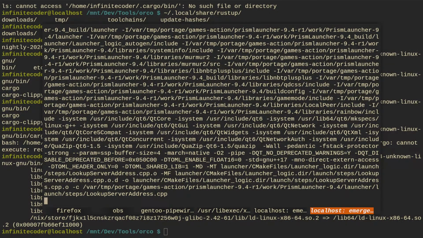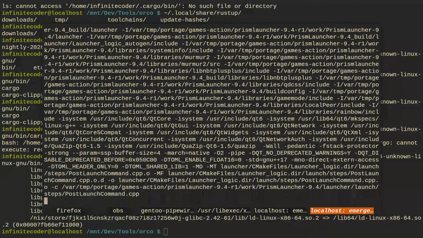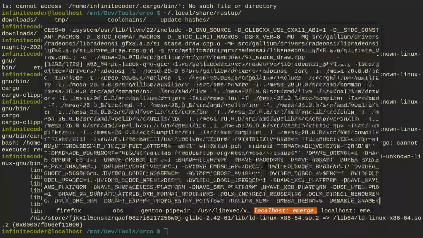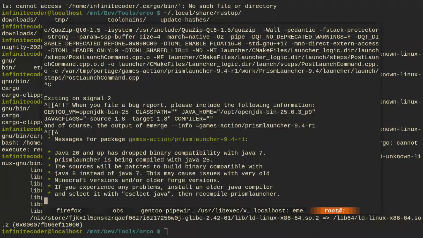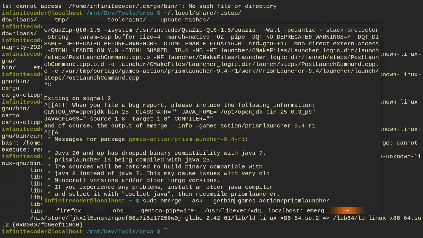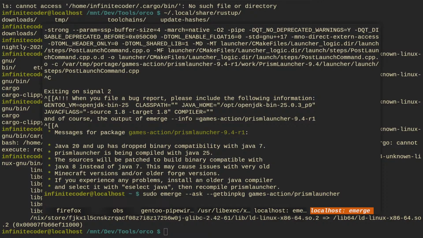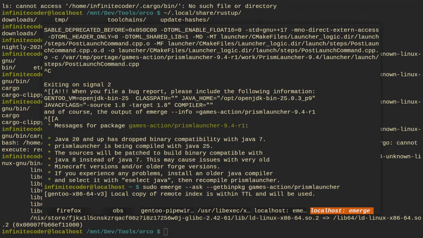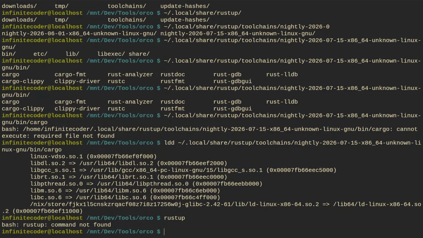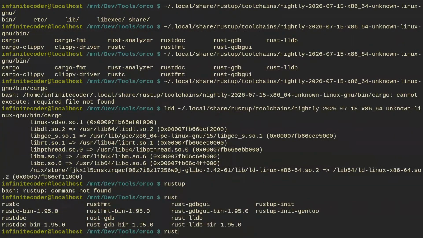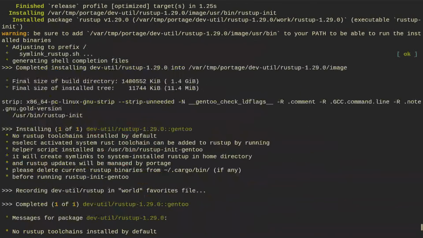Okay, so what are we building? This is really slow. Prism Launcher is probably not gonna be. Prism Launcher can be a bin package. If I wasn't streaming, I would have probably installed it. So anyway, where is the rustup? Where did rustup go? I installed it, it's not there. Rust, rustc. No, it's just huh? I mean, I can take a look.